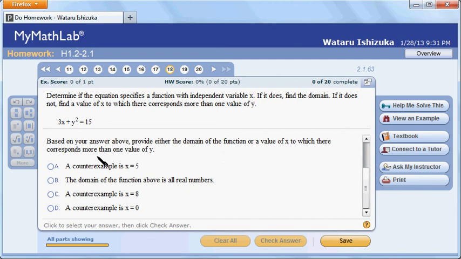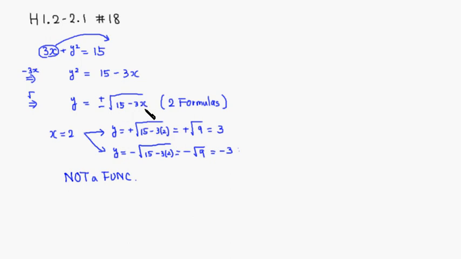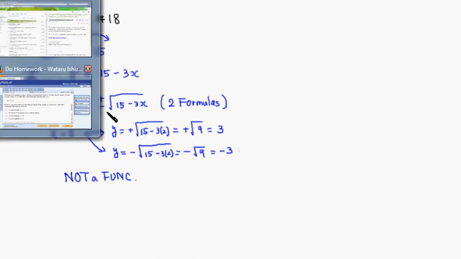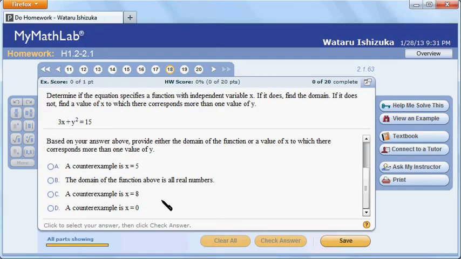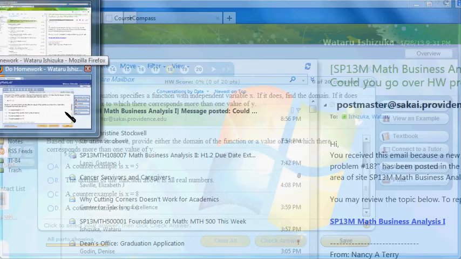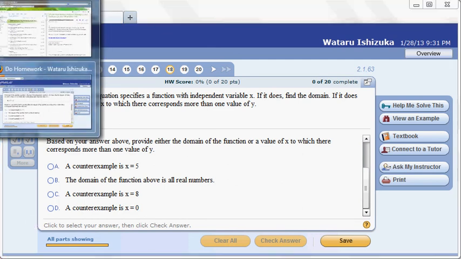x equals 8 is going to be a problem too, because if you plug in x equals 8, 3 times 8 is 24, so 15 minus 24 is going to be a negative value. We cannot have a square root of a negative value since that's not a real number, so we can't use that as a counterexample. But x equals 0 would work out